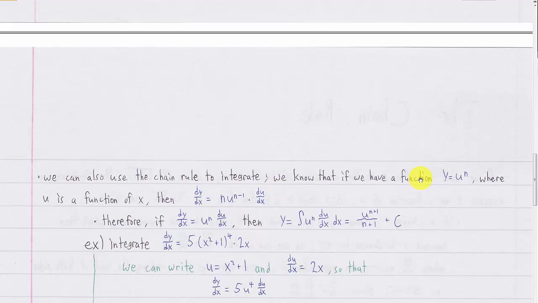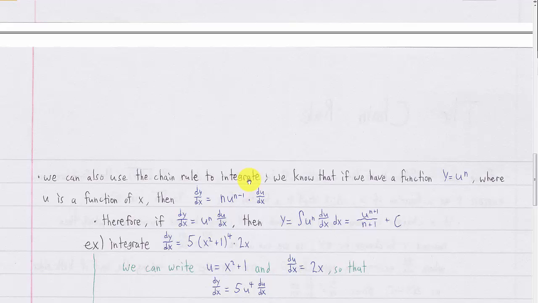So say we have some function y equals u to the n, where u itself is a function of x. So we know by the chain rule, if we want to differentiate this with respect to x, then we'd get n u to the n minus 1 power times du dx. So, that means, whenever we have a formula for differentiation, we can just go backwards and get a new integration